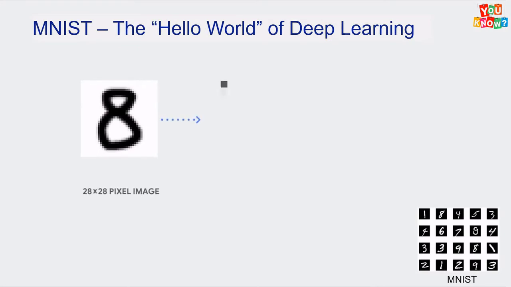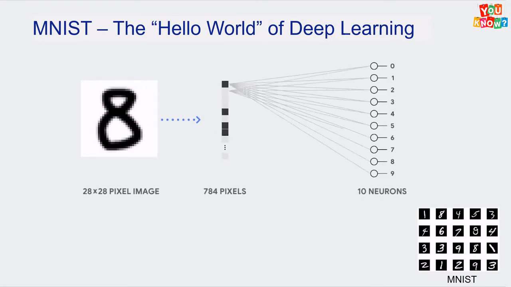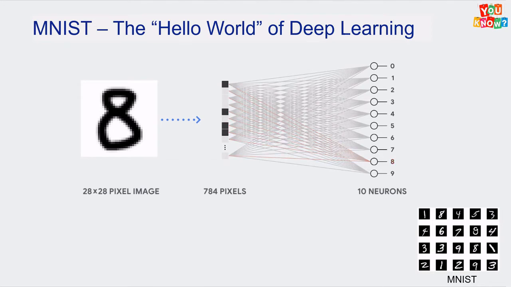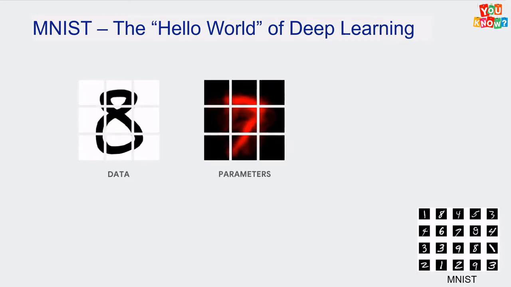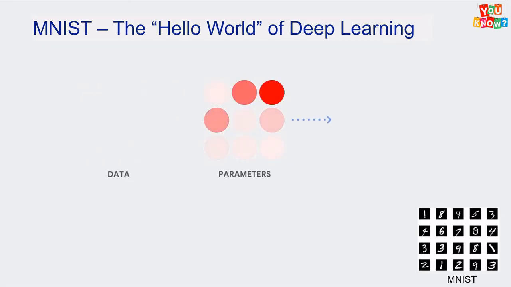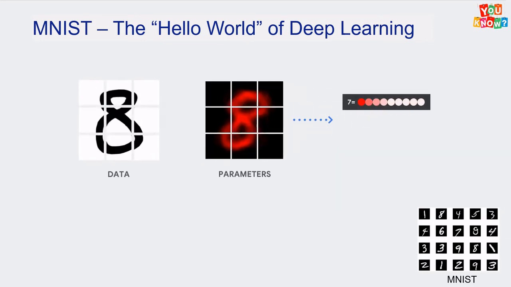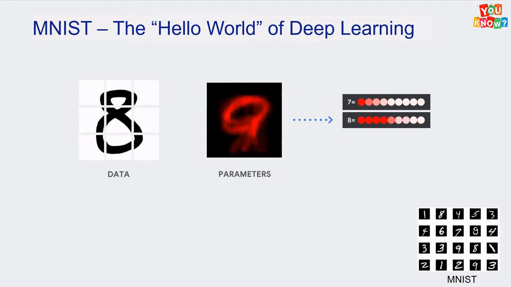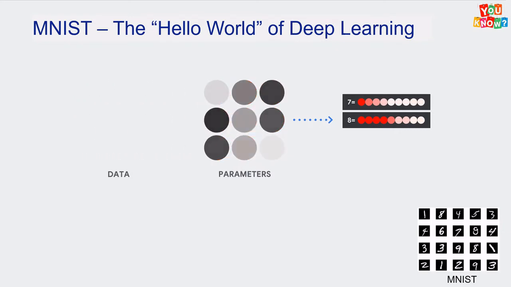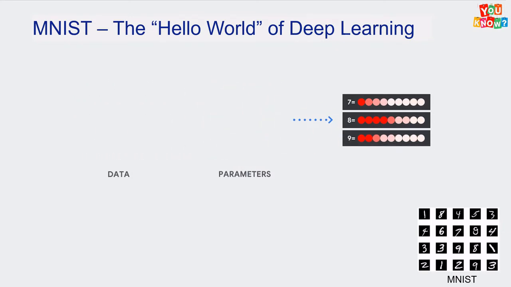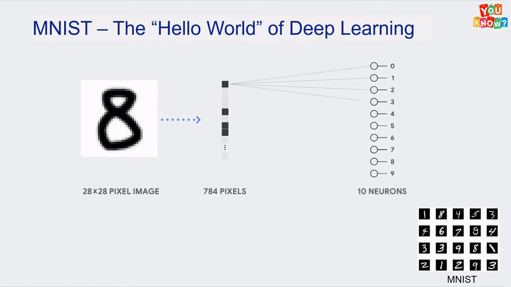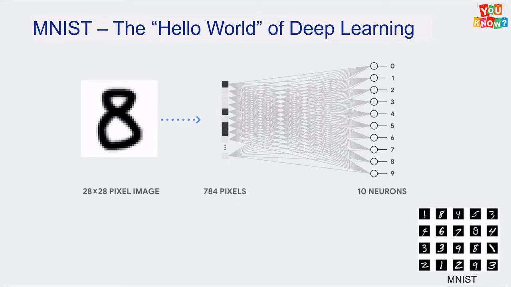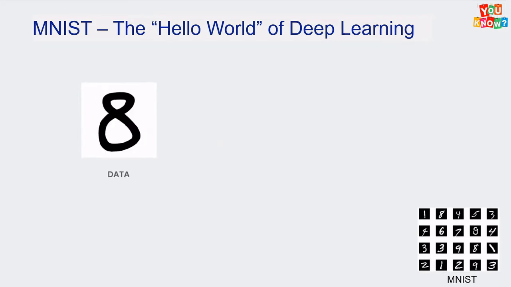The MNIST is the hello world of neural networks, a large database of handwritten digits that is commonly used for training various image processing systems. You can see a few examples here. Imagine that we are using a neural network for recognizing a handwritten image of the digit 8. The image is a grid of 28 by 28 grayscale pixels. It is converted to a vector with 784 values called dimensions. The neuron that recognizes digit 8 takes those values and multiplies them by the parameter values,